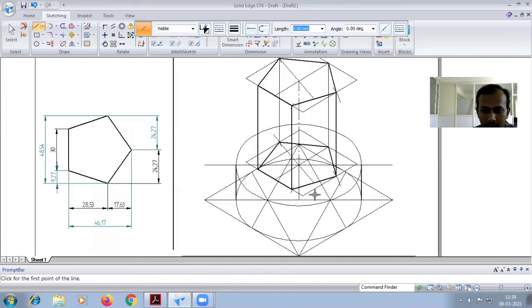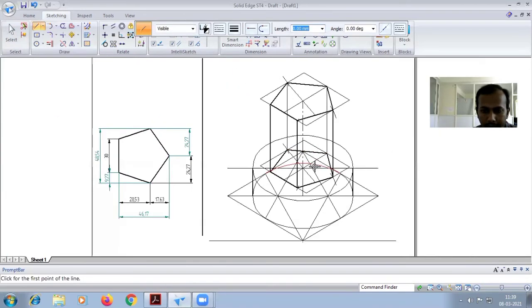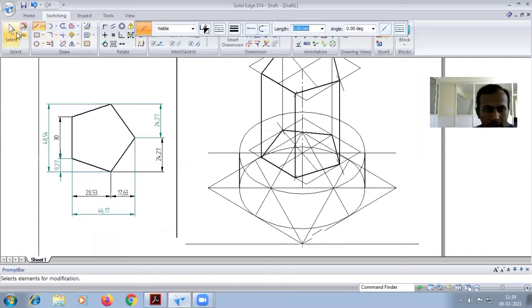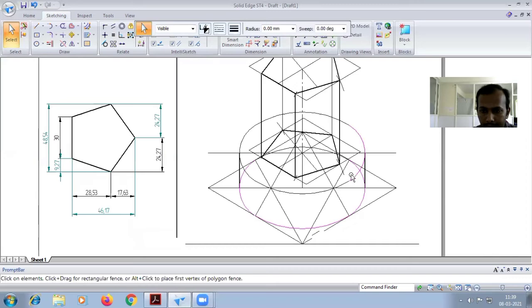Okay, and I will choose the visible part. I'll select this one curve, select the curves, and make it 0.5. Look at this one.